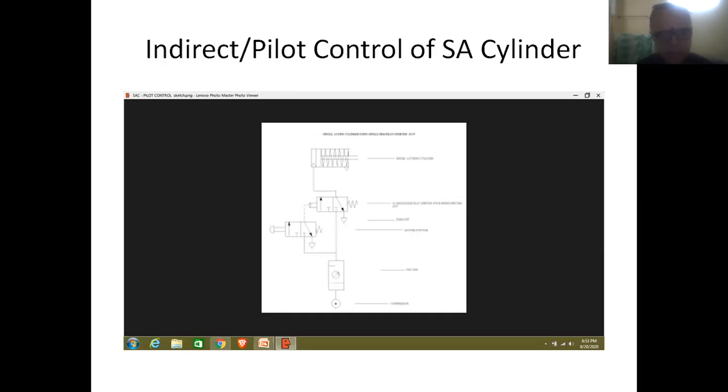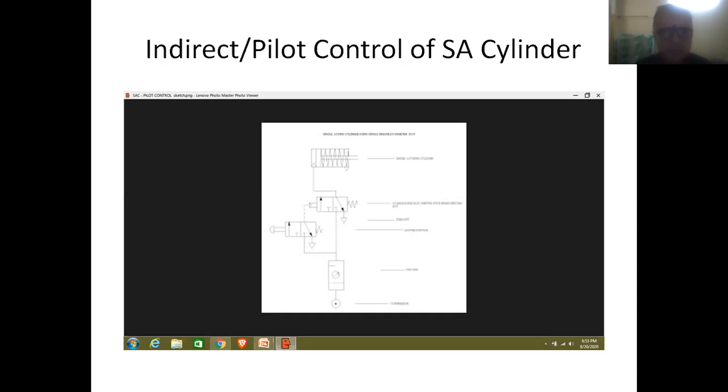So friends, this is about the arrangement of a pilot valve that is ultimately used for controlling this single acting cylinder. So therefore, it is referred to as pilot control of the cylinder. Though not directly, indirectly, the pilot valve is ultimately controlling the action of the cylinder. So therefore, it is also referred to as indirect control of the